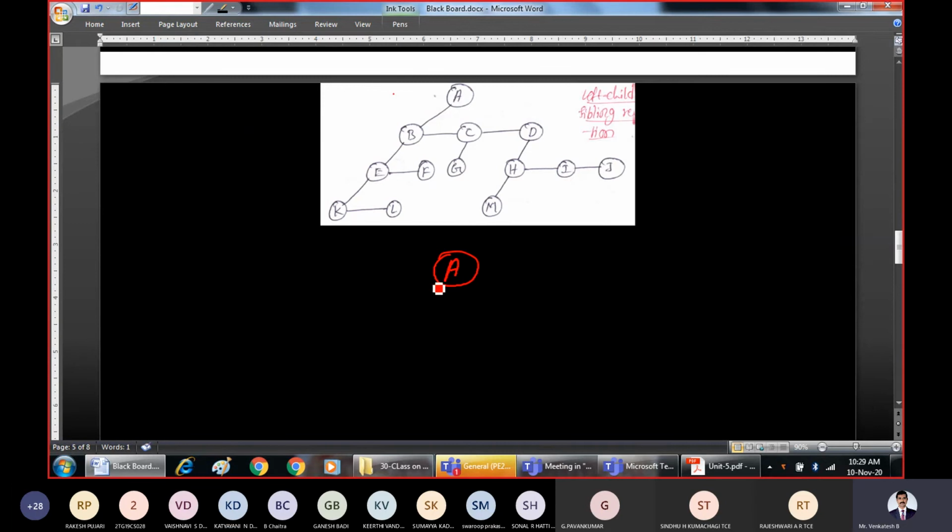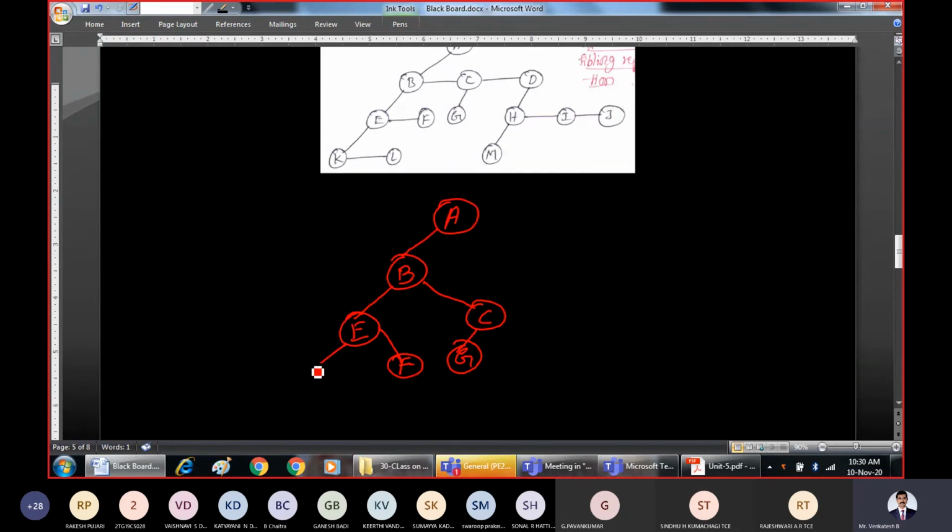Write the root node as it is. Write these lines as it is, first B. For B, what are the horizontal lines? C and D are the horizontal lines. That means you have to go on rotating from the right side. The horizontal lines must be rotated so that they will become 45 degree. That means when you rotate this C by 45 degree, it becomes like this. And then G is as it is. Then for E, it is as it is. This F is horizontal line rotated by 45 degree. It becomes as right child.